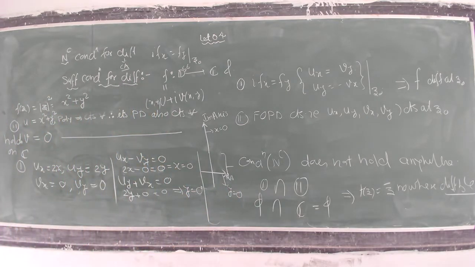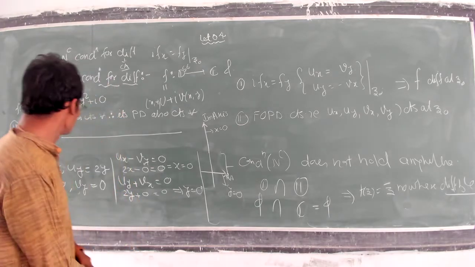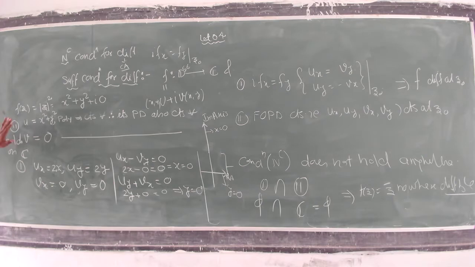Okay, so the another function we have f(z) equal to |z| square, z is equal to x plus iota y, then it will be real part square plus y square. So then it will be x square plus y square. So iota is not there, meaning that it is written like x square plus y square plus iota times 0. The imaginary part v is 0, real part u is x square plus y square. This is polynomial, so continuous, so its partial derivatives will be continuous. V is 0, a constant polynomial, so its partial derivatives are also continuous everywhere, right? So the second condition is again satisfied everywhere.